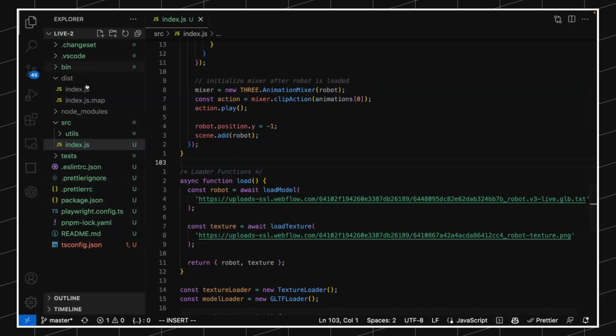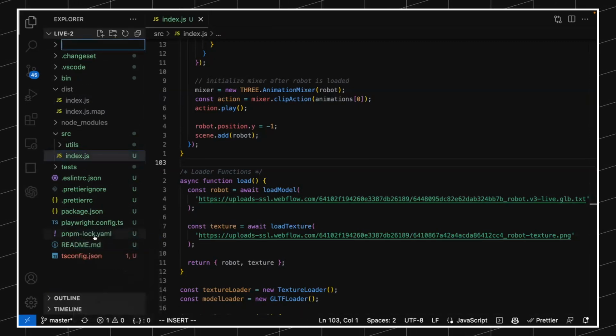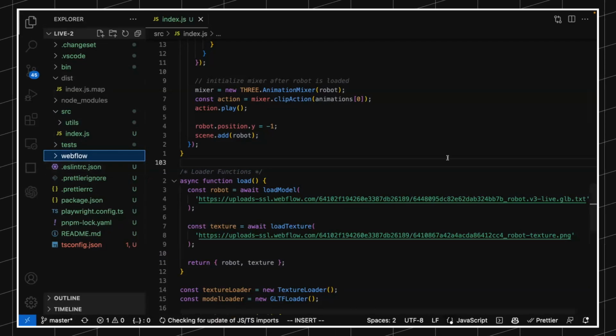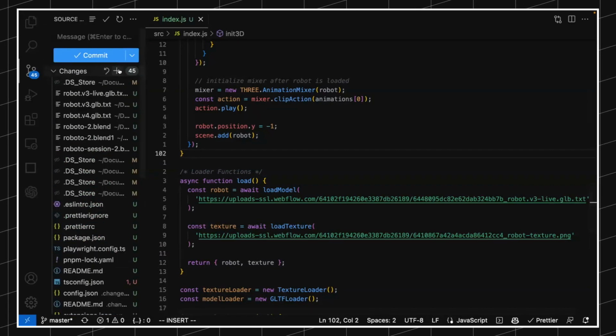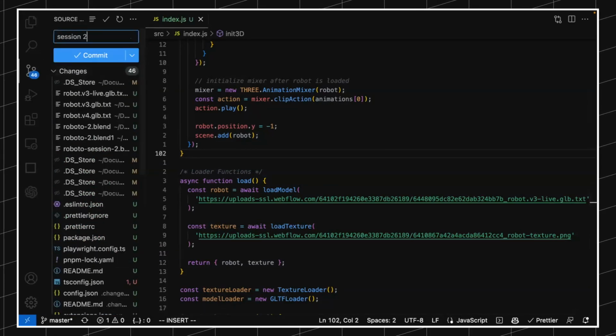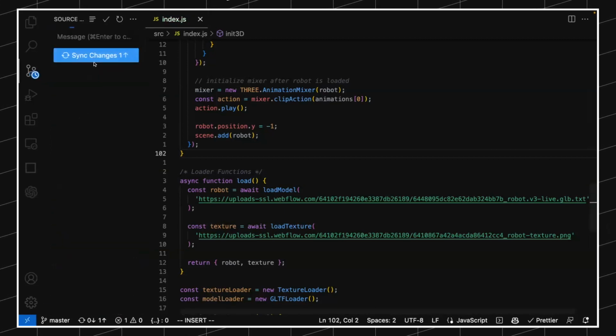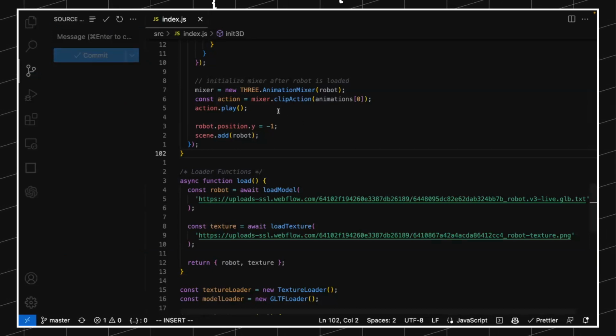Now, you're going to have to drag this somewhere else. Let's do a new folder. Let's call it Webflow. You just take this and put it into this. You can push all of this to your repo. In this case, not mine. It would be better, but then